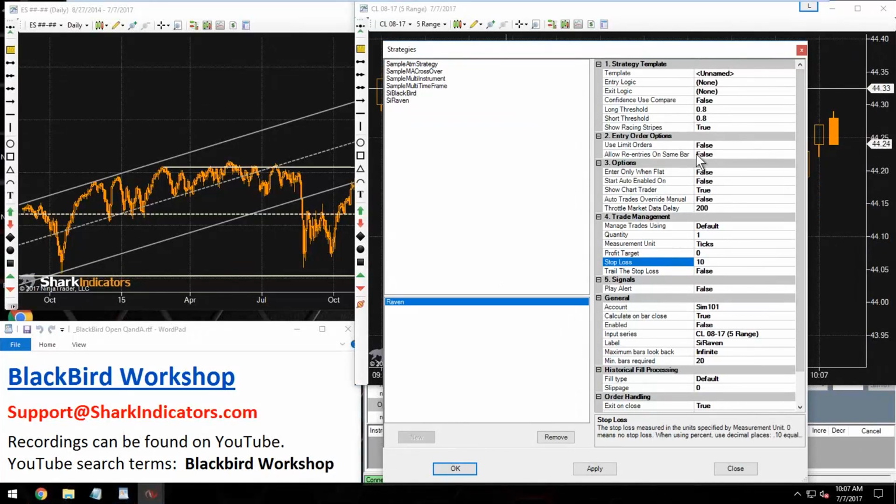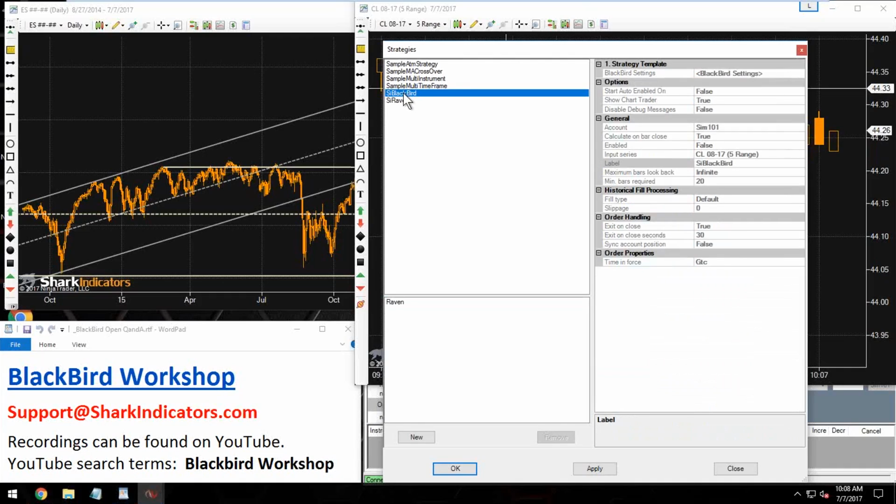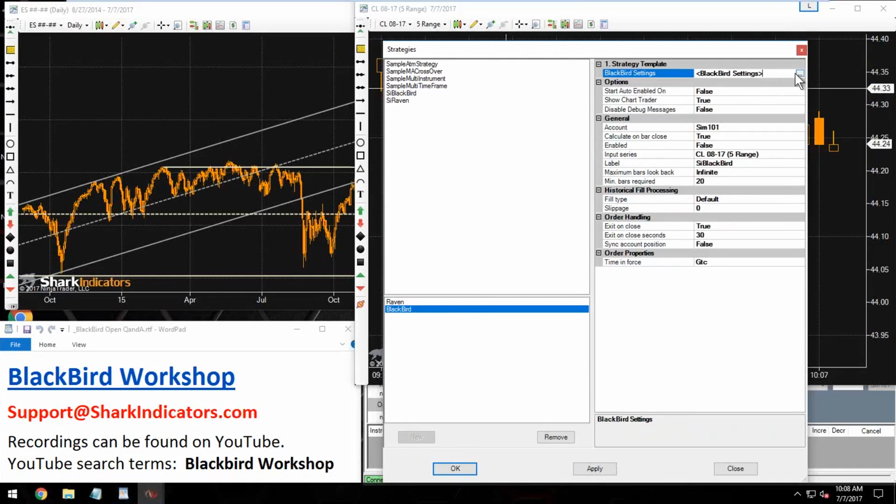Let's see, some of the other, Raven can submit a market order or a limit order. It does not submit stop orders. Let's see. So that's kind of the short version of it. It's kind of the quick rundown, right? Raven's just a freebie. It's got enough there so that you can at least do some initial backtest results to make sure that your Bloodhound signals are getting you in the right direction. Whereas BlackBird, if we pull BlackBird up, if we open up BlackBird,